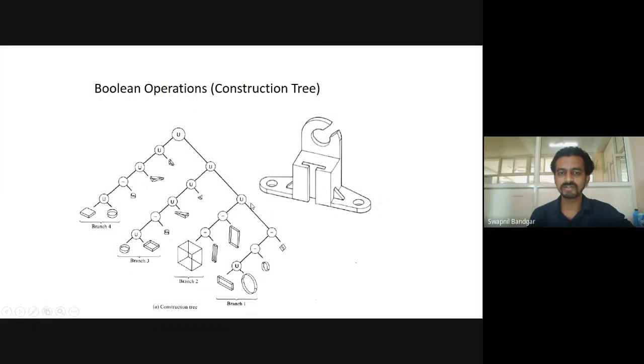The next part will be generated as branch number 2, then the next part is branch number 3, and the next part is branch number 4, and then the union of all these branches. So we will have the 3 unions, and then we will get this final structure. So what will be there in the background of the software? The software will work in this manner.